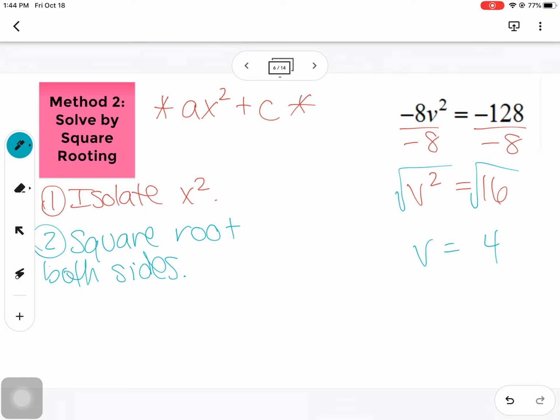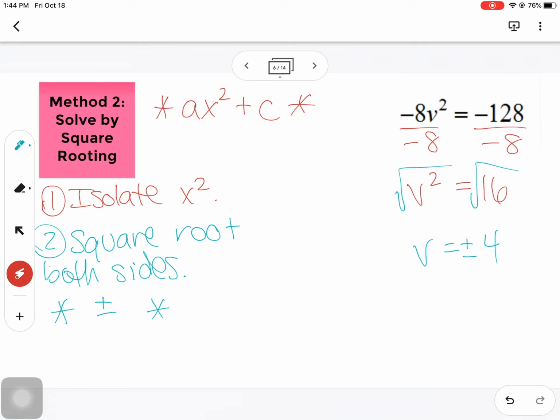When you are solving an equation, anytime you square root both sides, you have to remember to do a plus or minus in front of your answer. So this answer isn't 4, but it's plus or minus 4. The reason for that, if I plug in positive 4 into my v squared, I would do positive 4 squared is 16, and so